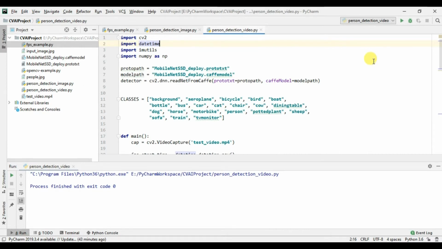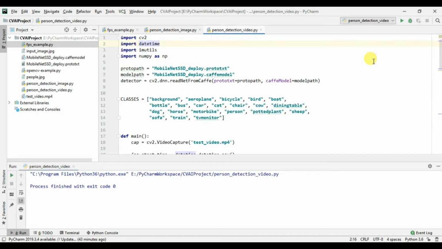In our previous video, we discussed how we can detect persons in a video file. We wrote the code and it was working perfectly fine, but the problem we faced was it was working very slow. The FPS was really low, around 3 to 4 FPS only. Because it's very slow, it's of no use and we can't simply work on that. So in this video, we will discuss how we can improve the FPS and eventually improve the efficiency of our code and then run our output video file very fast.